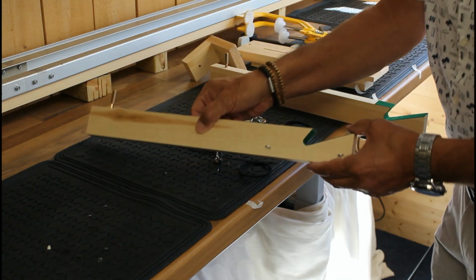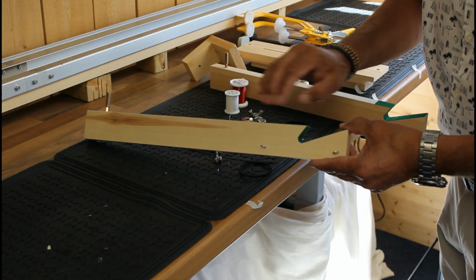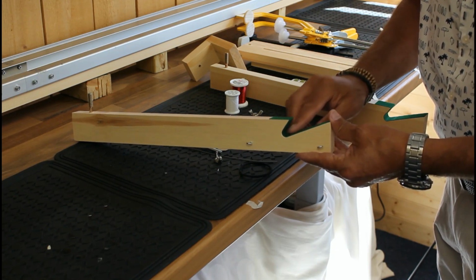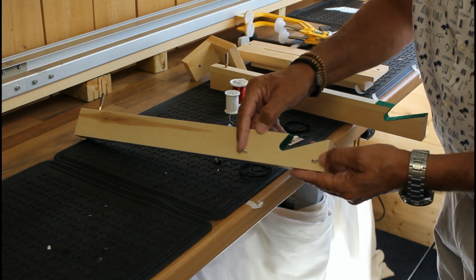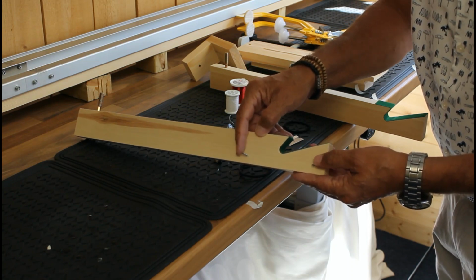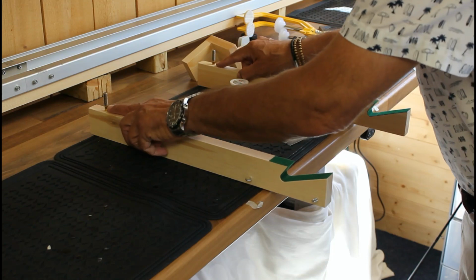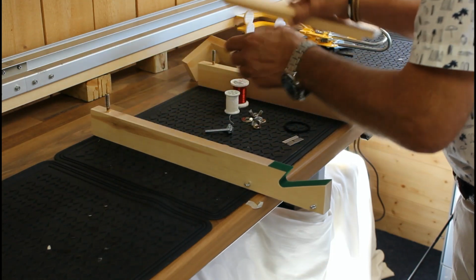So first of all, we've got a couple of side rails. Each rail is sculpted so that it holds a fishing rod, and it's coated with a felt material just to protect it. Down the side we've got a couple of cup hooks, and I'll show you what those do in a moment. So the two rails, down the ends we've got two threaded bolts,